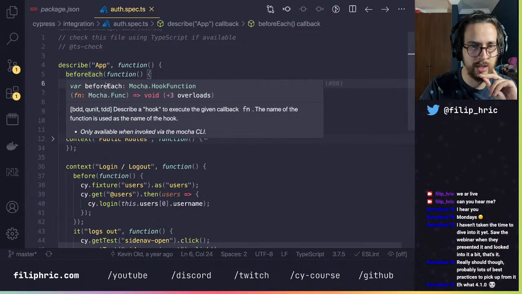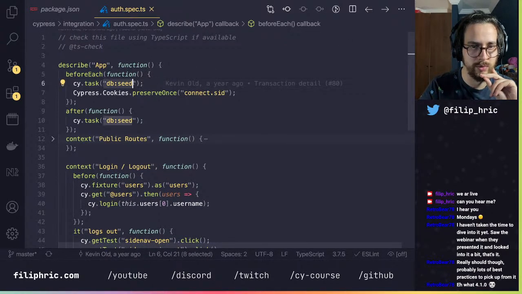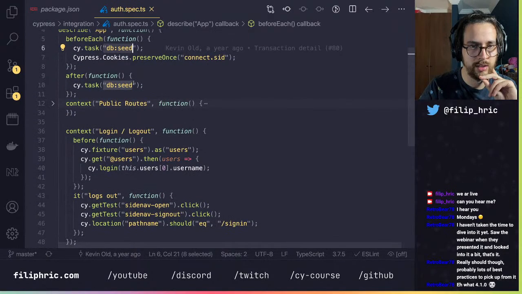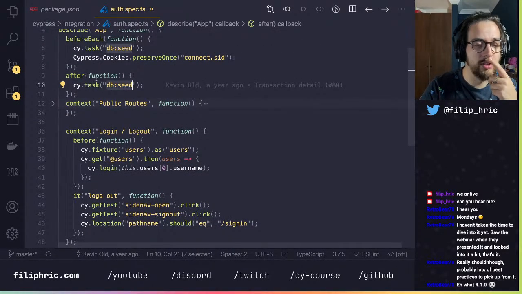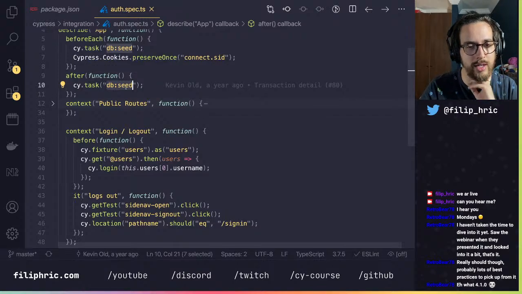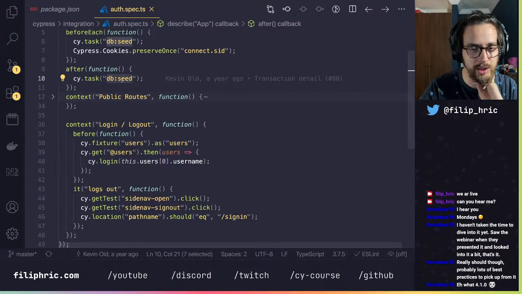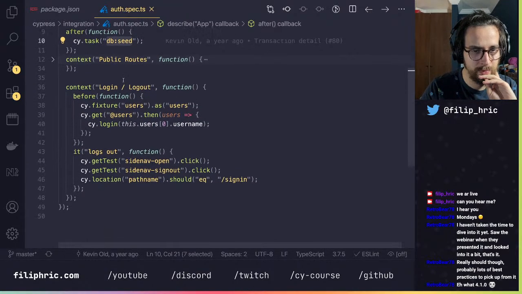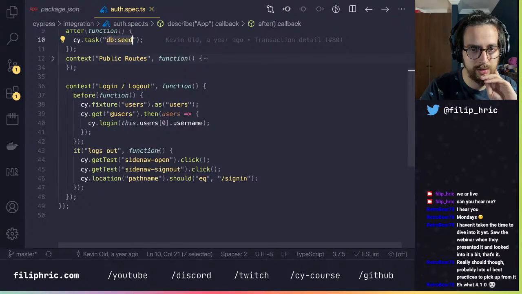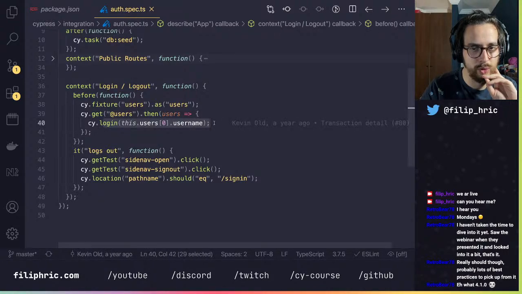So we're doing some kind of seeding of the database before each of our tests. There's also after each of our tests. Oh, not after each, after all of our tests. So that's interesting. And login will just log in programmatically.